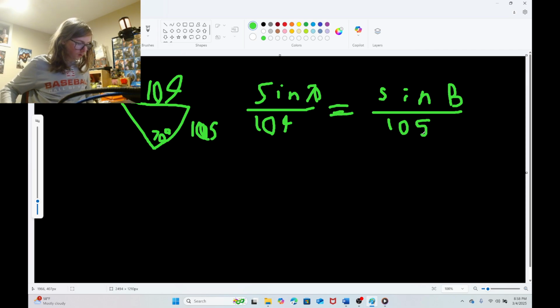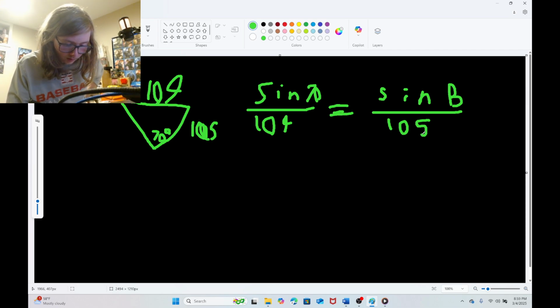So 105 sine 70 divided by 109, inverse sine, by the way. So inverse sine of 105 times the sine of 70 divided by 109 gives us the rough angle measure of 65 degrees for angle B,